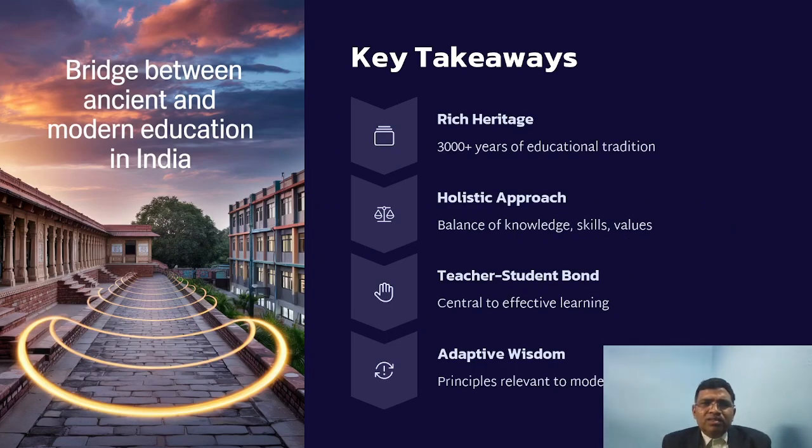So there is a bridge between the ancient and modern education system, a rich heritage. The Vedic system has an education tradition of almost 3,000 years plus. Then there is a holistic approach, a balance of knowledge, skills, and values. Then the teacher-student bond makes for effective learning. Then adaptive wisdom, principles relevant to modern education. So there is a relevance where we can learn from the ancient system for modern education. So this is about the